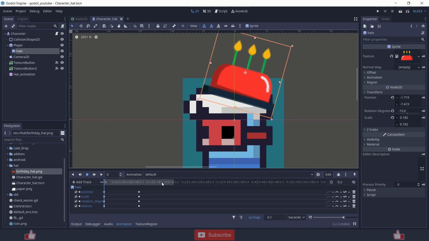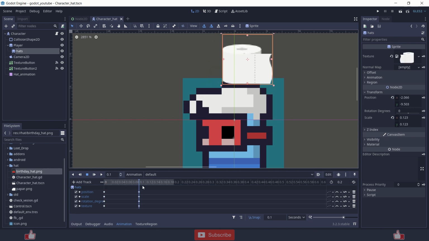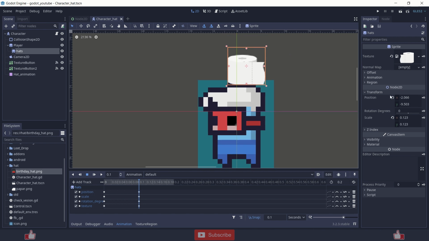So in this one I am just changing this transform and texture and keying that into the animation. In this method I will just change my keyframe to change the customizable part.